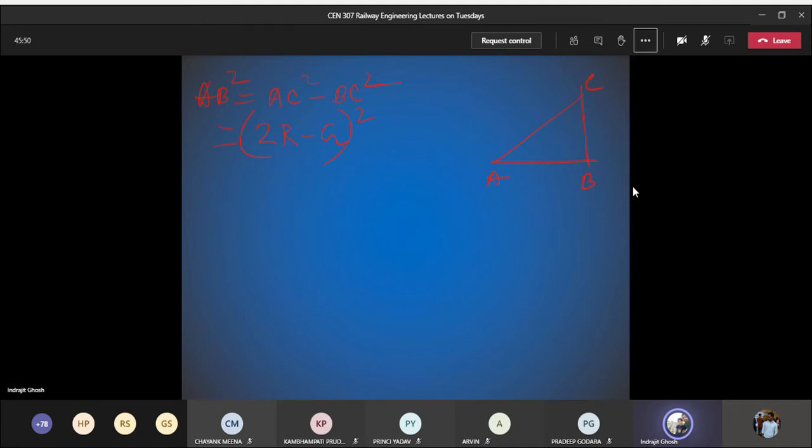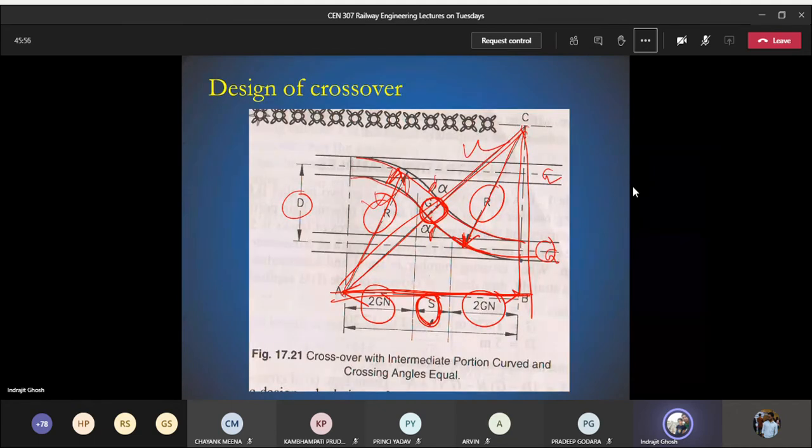Now what is BC? This is complicated. Many students in the exam fail to do that. They leave it, they get stuck here. You people tell me how to say BC in terms of G, D, R. G, D and R. Okay, I am giving you a hint. I am telling you that this can be represented in terms of G, D and R. Tell me how it is going to come. BC.